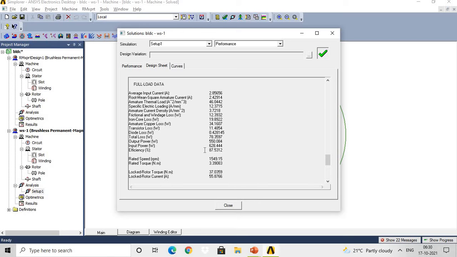Like for this motor, efficiency is 87%. What is the rated speed? 1549.15. Rated torque is 3.3.